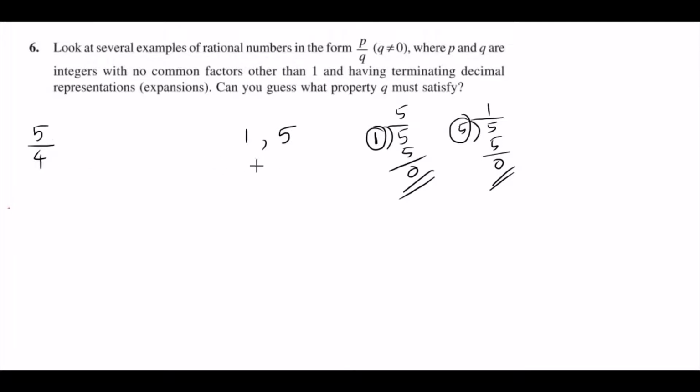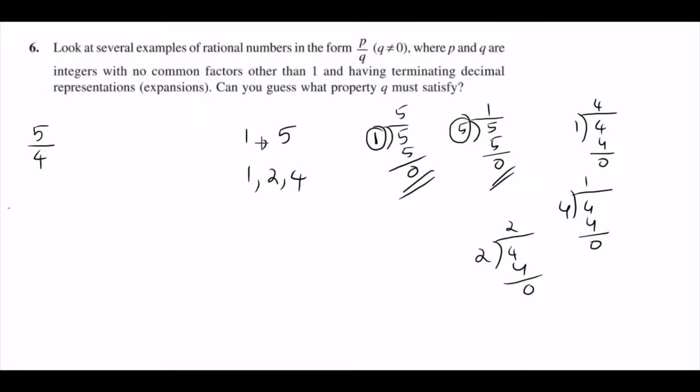Now if you take the case of 4, you can see 1 is a factor of 4. 4 is a factor of 4. And 2 is also a factor of 4. So 1, 2 and 4 are factors of 4. So when you compare these two numbers p by q, you can see only 1 is a common factor. So they are asking you to take rational numbers that have only 1 as the common factor and having terminating decimal expansion. That is, when you perform the long division, you have to get terminating decimal expansion.